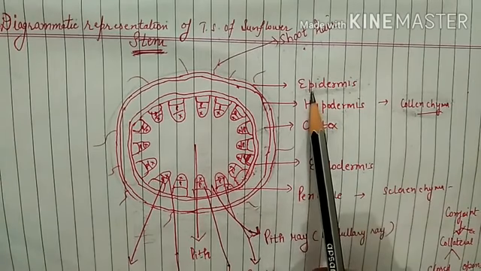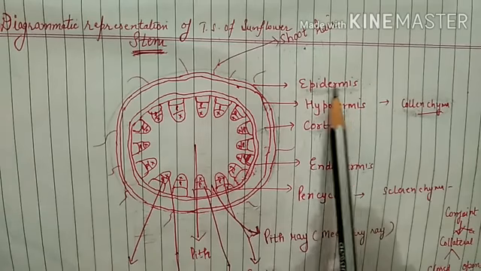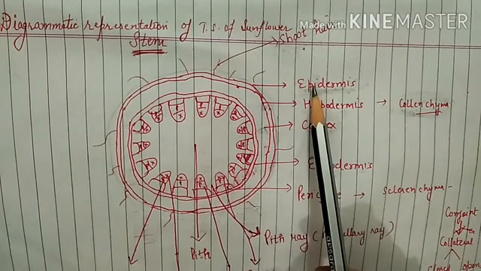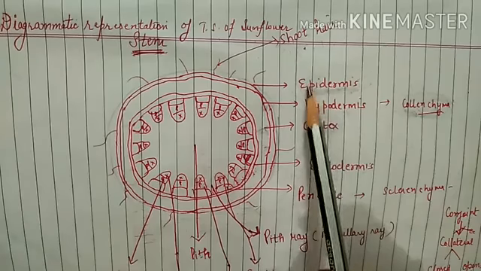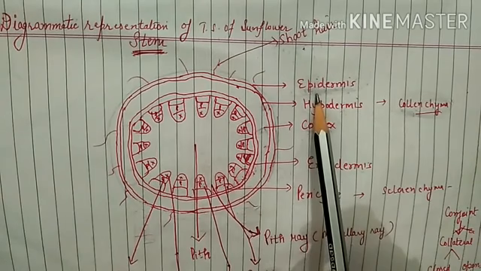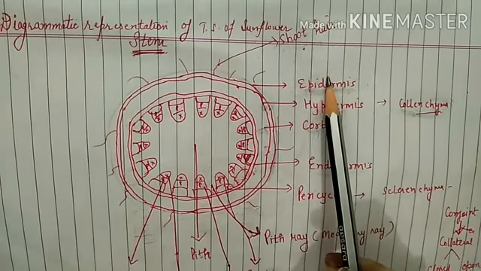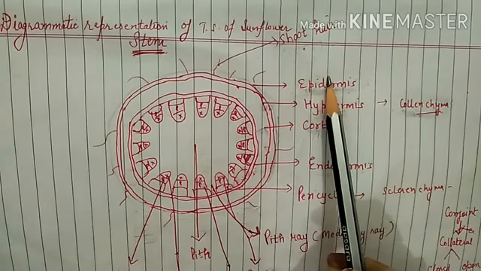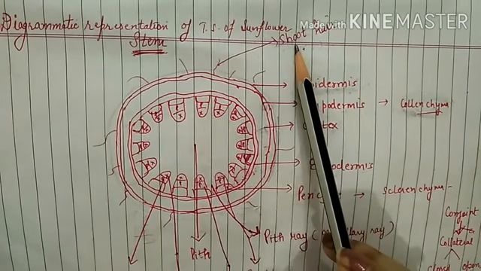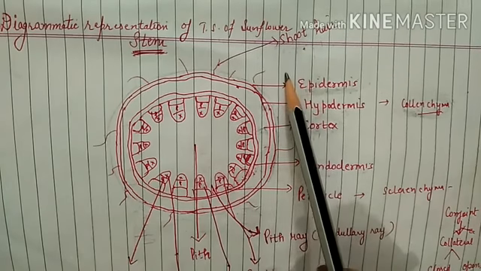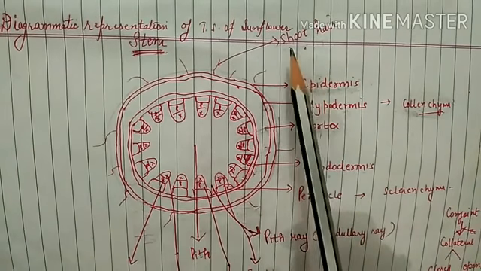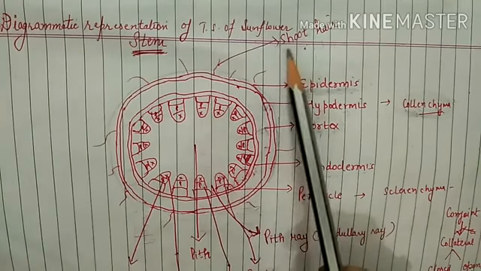The epidermis is the outermost protective covering of stem, and this epidermis is further covered by a thin layer of cuticle. So cuticle is present in stem, and in root there was no cuticle observed. Then another difference is that this epidermis gives rise to shoot hair. However, in roots there was root hair present, which is unicellular in nature, and these shoot hairs are multicellular.